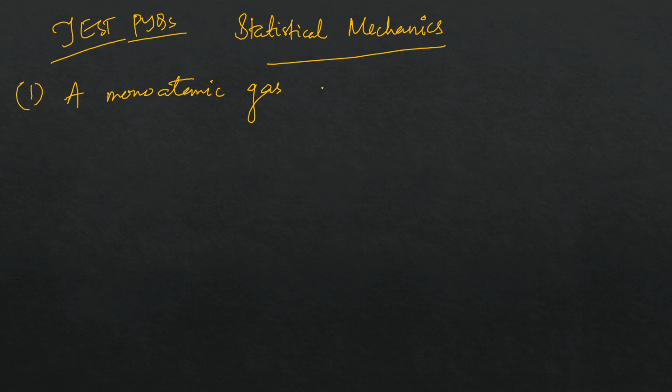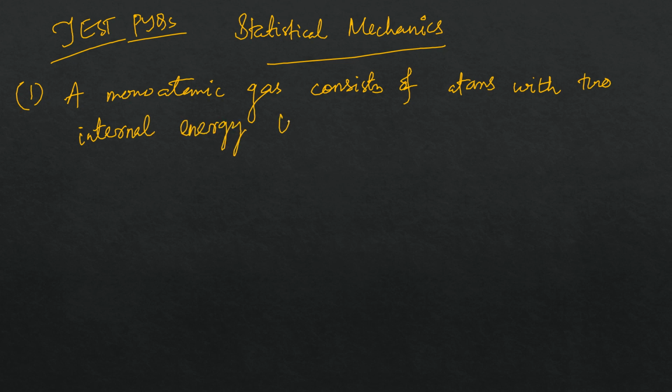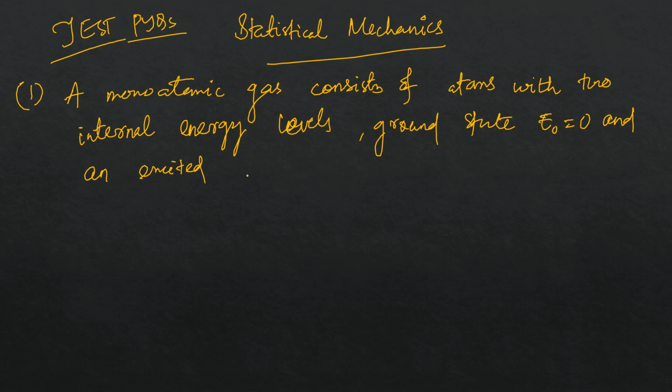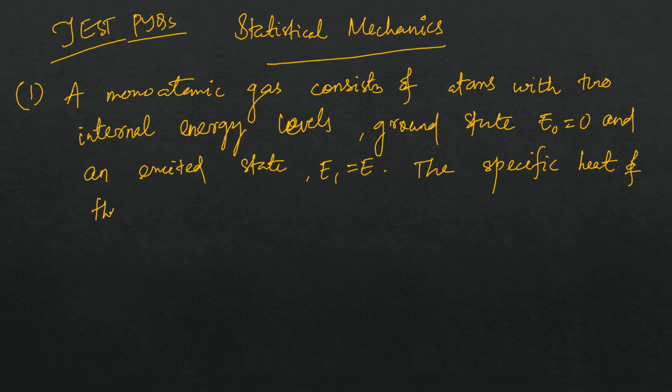monoatomic gas consists of atoms with two internal energy levels, ground state E naught is equal to 0, and an excited state E1 is equal to E. The specific heat of the gas is,